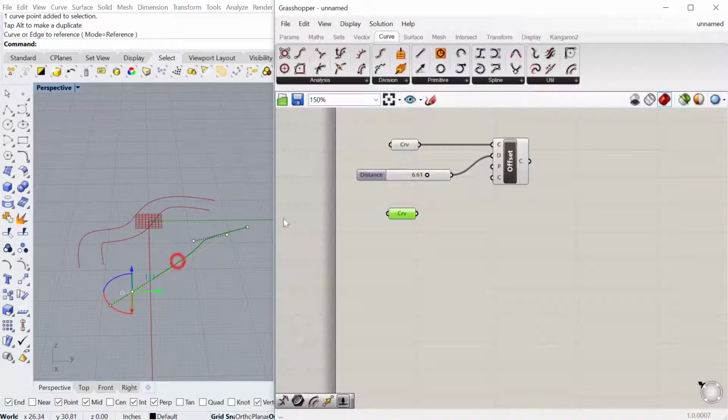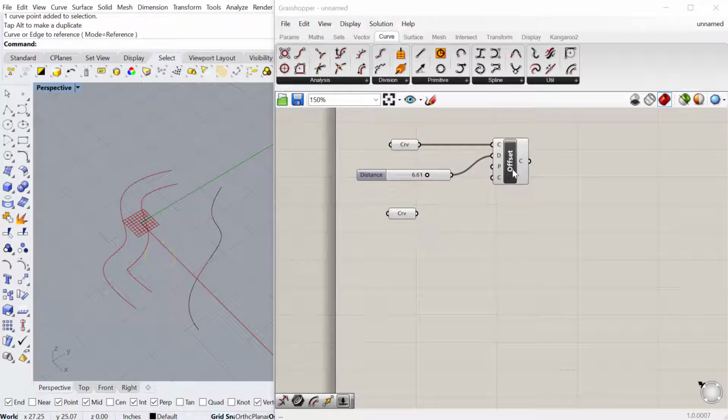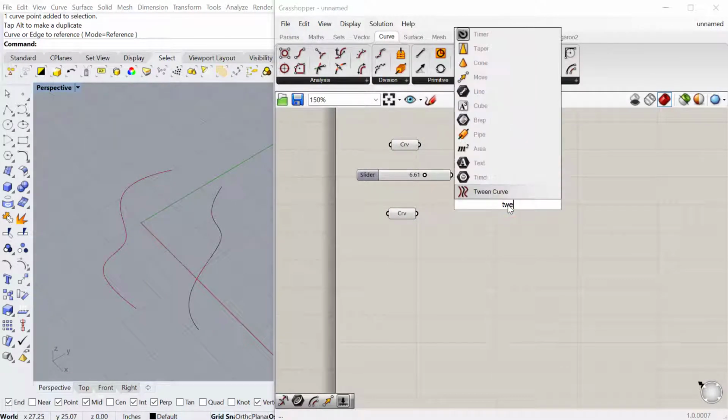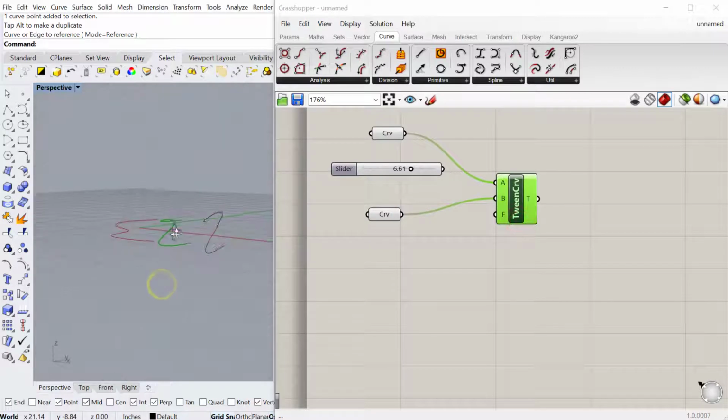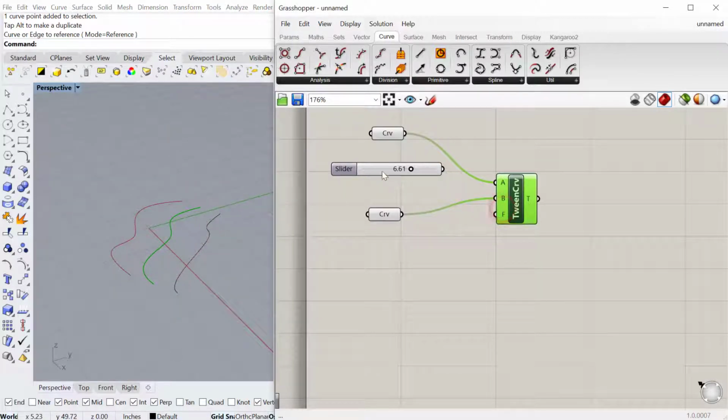Set one curve. Let's go ahead and delete this one. Type in tween curve. So it basically makes an average between curve A and curve B. And you can see that would be the average curve between those, and it puts it right in the middle there. The tween is really nice because you can actually produce a series of tweens between these two curves,